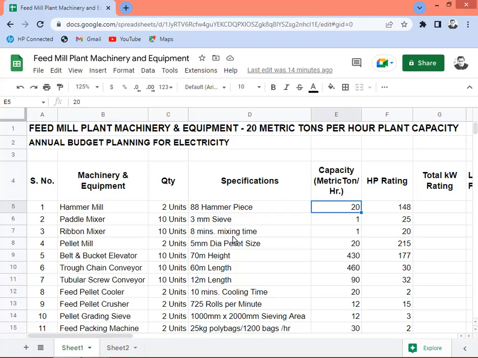Okay, so another is the paddle mixer. This is 1 ton capacity per hour. Okay, ribbon mixer, 1 ton per hour. Pellet mill, 120 tons per hour. Belt and bucket elevator. The belt and bucket elevator is the equipment that you're going to use